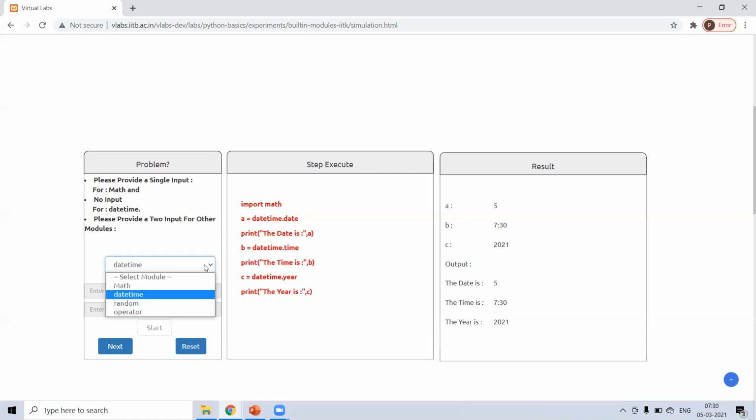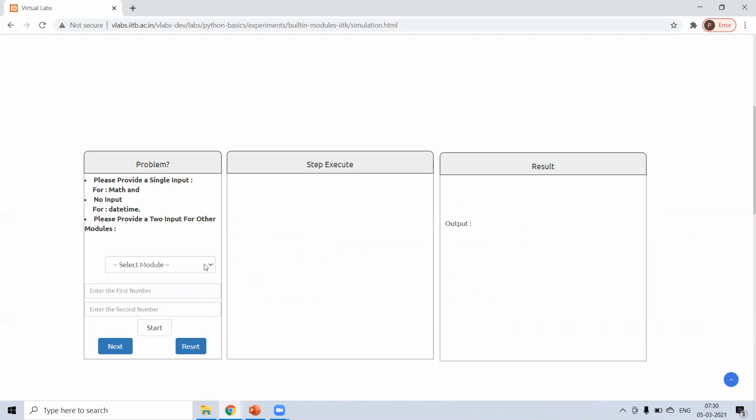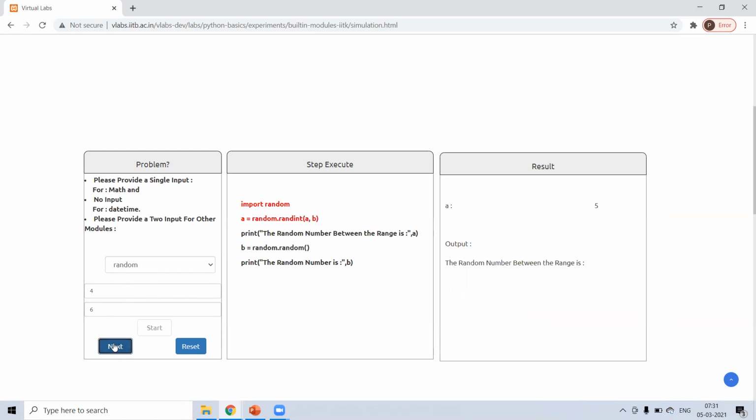Okay. Now next is random number. You have to give first reset, then define the random number. Random number, I'm just giving 4 and 8, whatever. See, I have defined the range A and B. A is 4, B is 6, and print any random number between 4 and 6. It is showing 5. Between 4 and 6, there is number 5. Okay. So again, reset it.